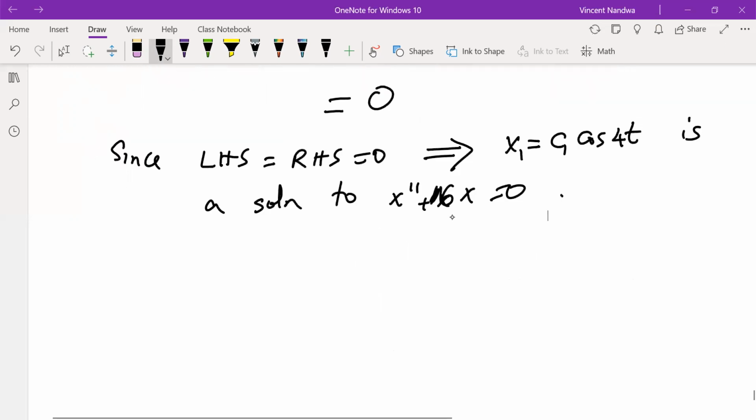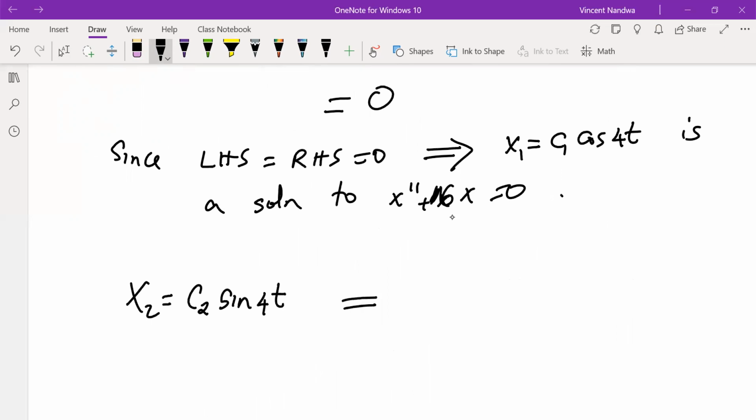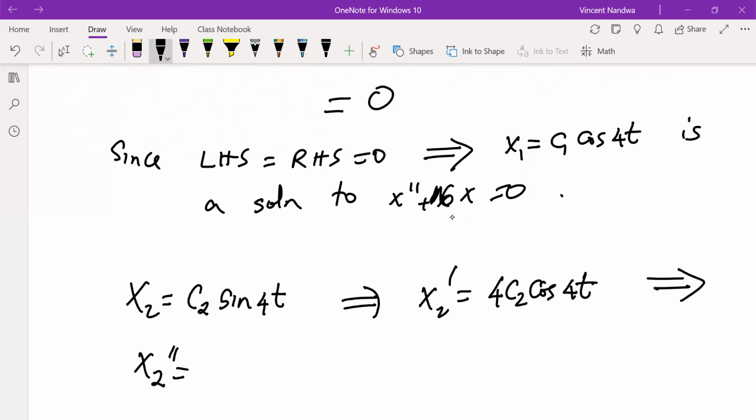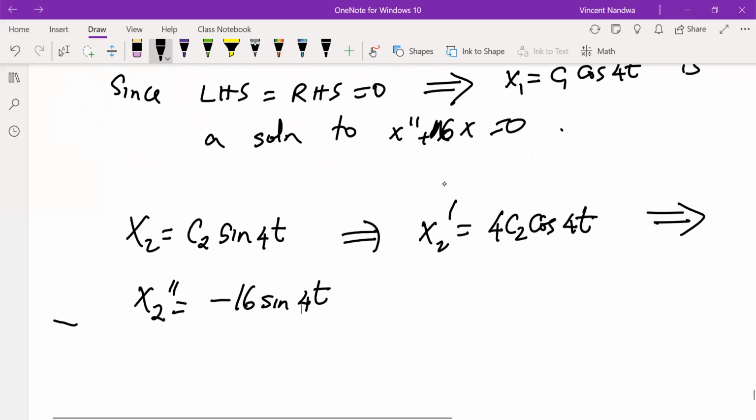And then x2 is given by c2 sine of 4t, which implies x2 prime is 4 c2 cosine of 4t. Now remember, we are using the chain rule for differentiation. x2 double prime will be negative 16 c2 sine 4t. So substituting,